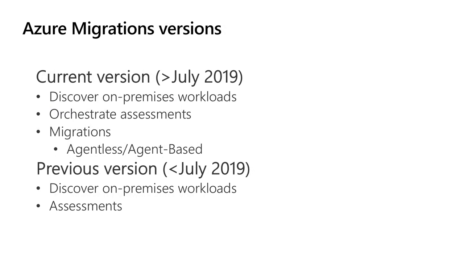This is the capture of the difference of what Azure Migrate is since July. We have the migration and the orchestration of the assessments. We discover all the VMware workloads, and then we do the assessment or what you really need. And then you have two options right now to do the migration, either agentless or